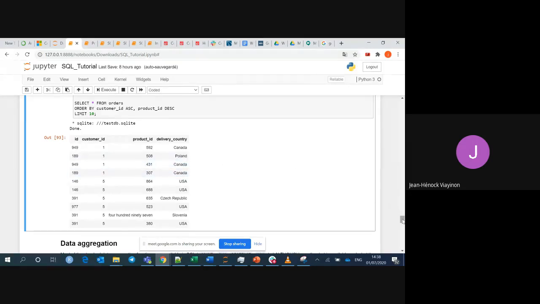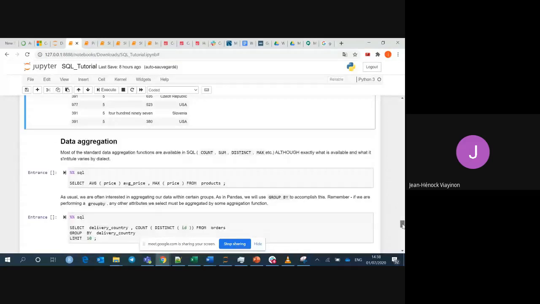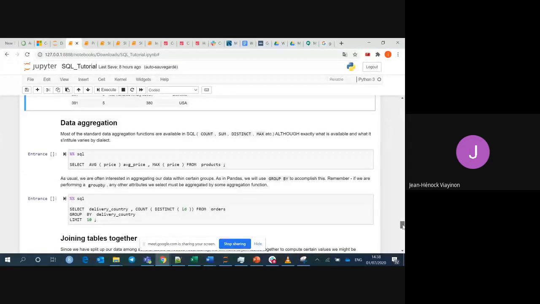So moving now to another section, we have aggregation. Yes, data aggregation. This also you will be using all the time. When you have to deal with data analysis with SQL, you will have to aggregate things. So the basic aggregation functions are the count function, the sum function, count distinct, the maximum, the minimum,